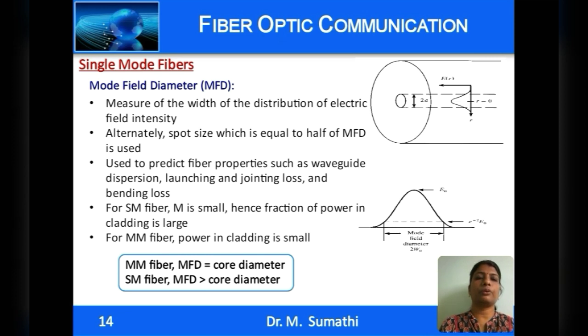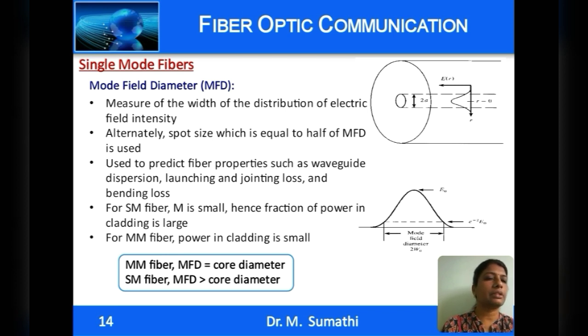Now looking into two important parameters for single mode fibers. The first is mode field diameter or the effective diameter. This gives a measure of the width of distribution of electric field intensity. It is alternatively equivalent to twice the spot size. Unlike in a multimode fiber where numerical aperture and core radius is used to specify various parameters, the electric field distribution is used to predict fiber properties in a single mode fiber, the properties such as waveguide dispersion, bending loss, etc. So for a single mode fiber, M is small and the fraction of power in the cladding is large,